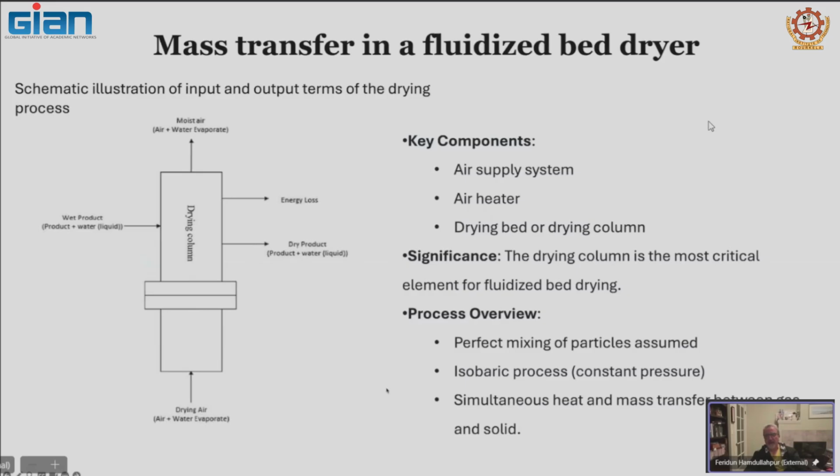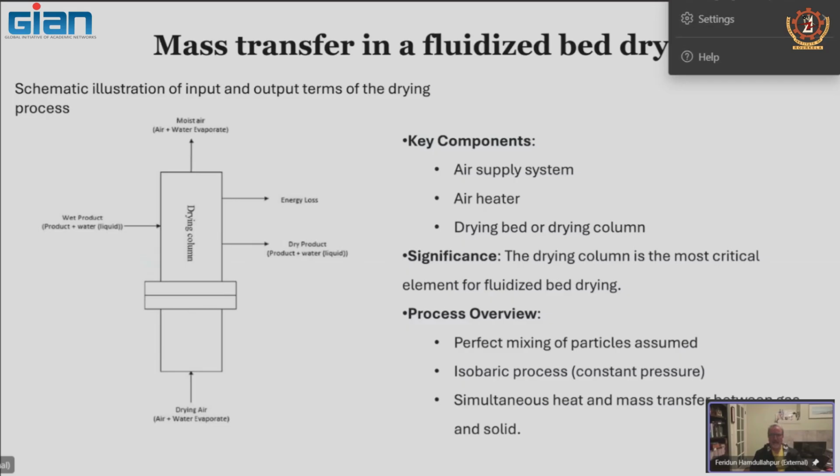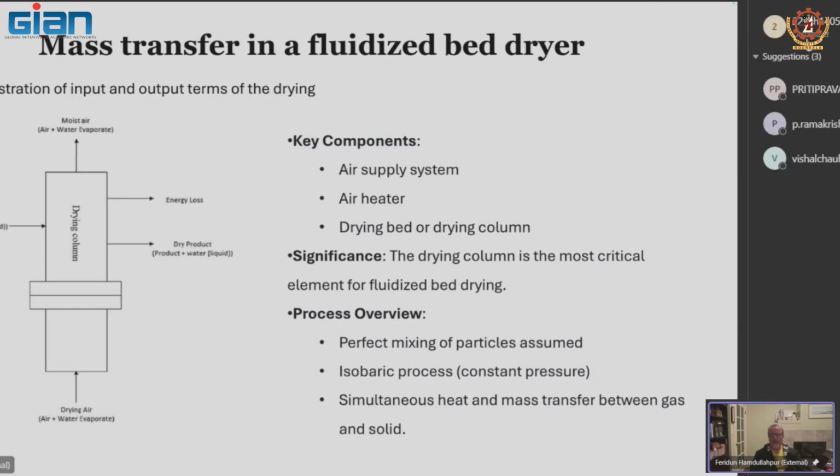This is a constant pressure operation, and I did not mention it earlier on, but it's not a pressurized vessel. It operates under atmospheric pressure,